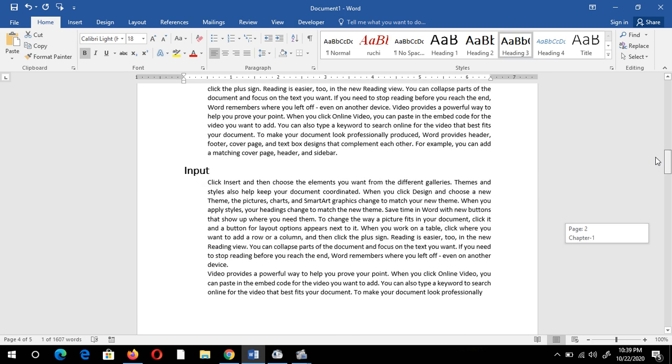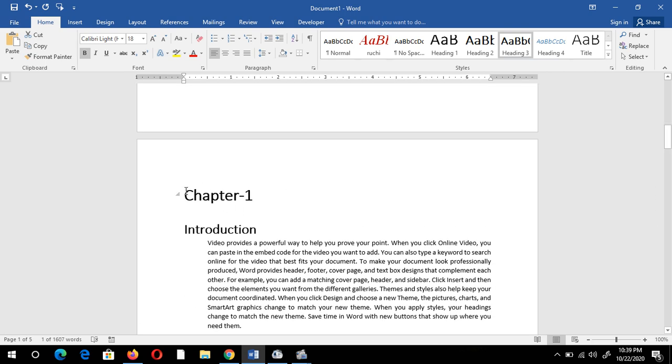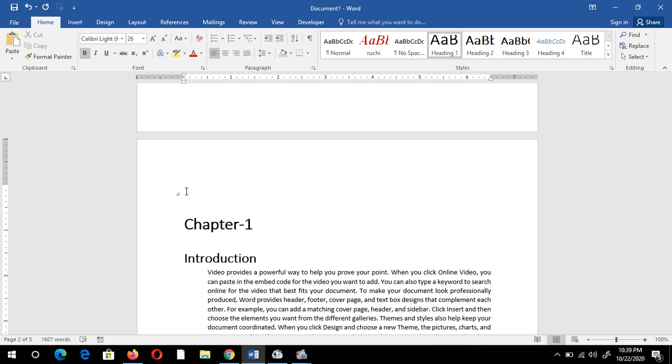Now come to the main point. If you want to insert a table of contents, first of all you have to keep your cursor where you want to insert your index. Suppose I want it here, so I keep my cursor here at the top of the page, because usually the heading is on the front page, the first page of your book.